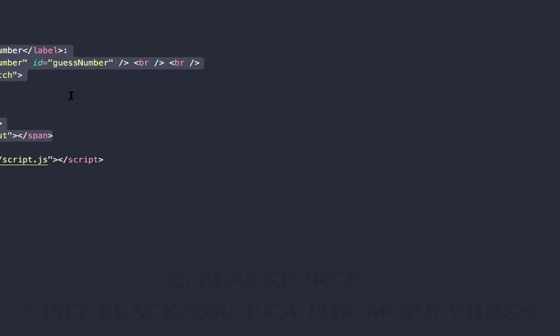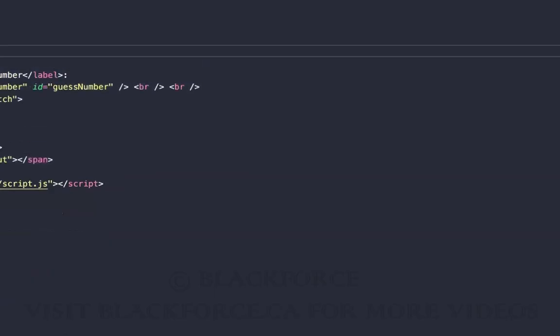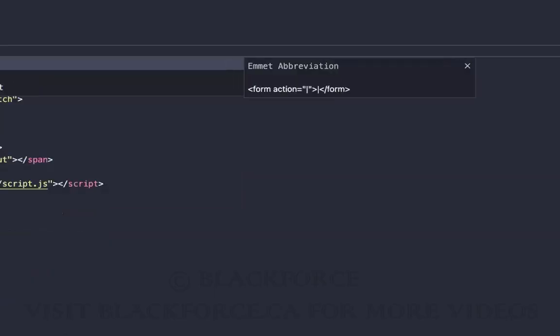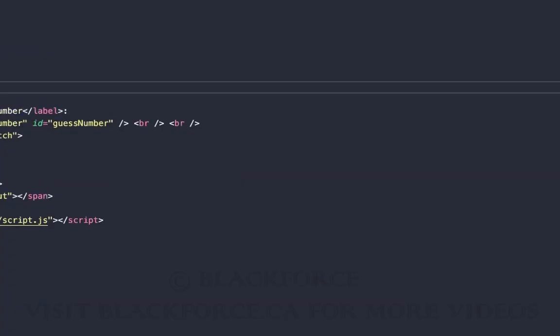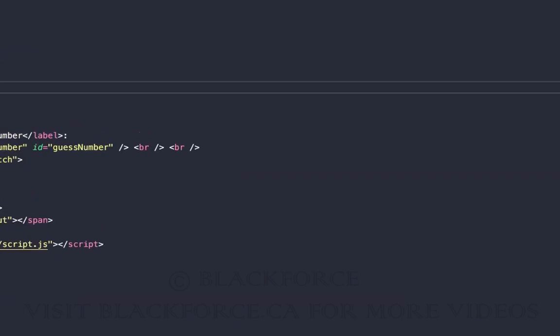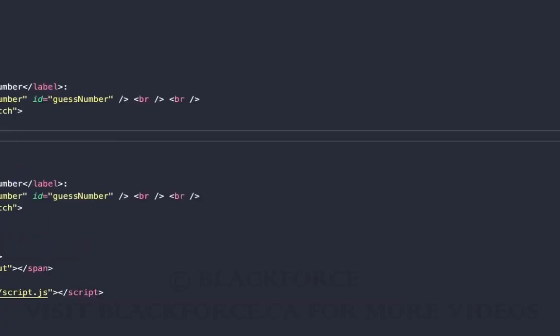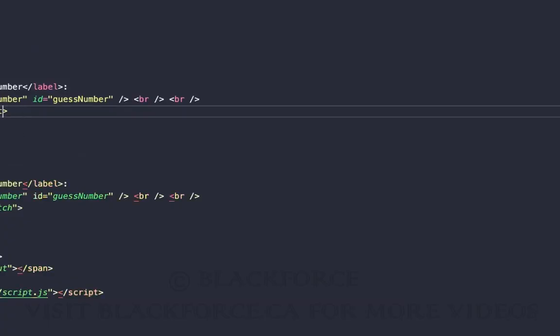I had my buttons in a form tag that day. I explained that once there are input fields in a form tag and there's a button in that form tag, even if I don't have an ID here,